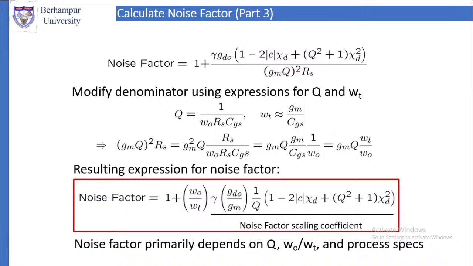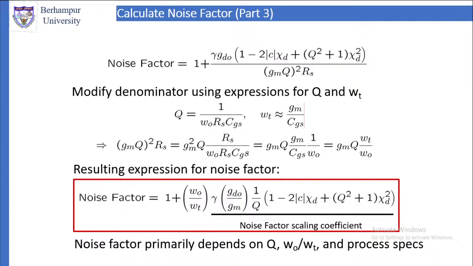So that comes from the omega T expression, which is Gm by CGS. So use that. That will give us Gm into Q into omega T by omega 0, or using this Gm by CGS as omega T, that is this. So the resulting expression for the noise factor now is 1 plus omega 0 by omega T into gamma into dGO by Gm,